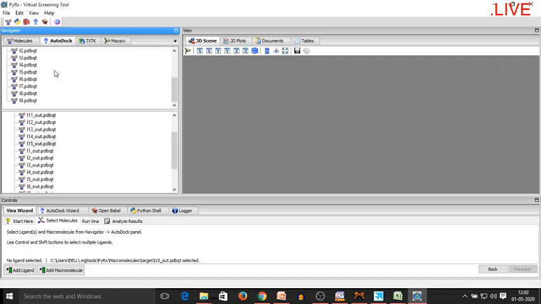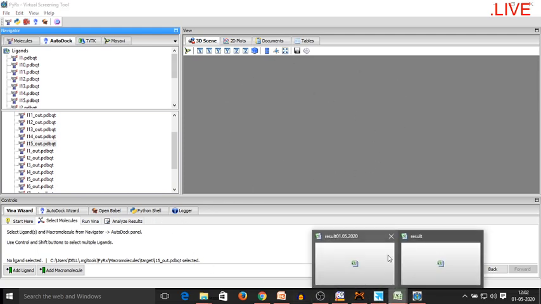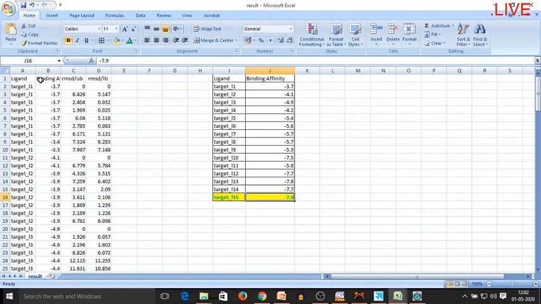The files were executed through virtual screening protocol using PyRx. Here we can see we use the four steps, that is start here, select molecule, run Vina, analyze result, and what we ended with, we got the result and we exported it in an Excel format. This Excel format showed all the conformations. The RMSD value 0 is considered to be the best one, and I selected those values of all 15 molecules